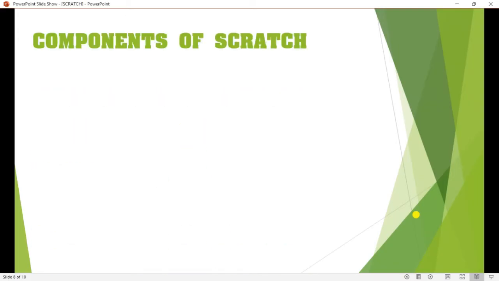So my dear students, what are the components of Scratch? Like stage. So what is stage? It is the main working area to draw pictures or perform actions. Stage is the place where sprites move and interact with each other. It is 480 pixels wide and 360 pixels high. It is divided into X and Y coordinates, which show the position of the mouse. The values of both the coordinates are displayed at the bottom right corner of the stage.